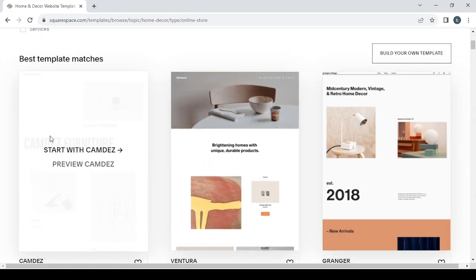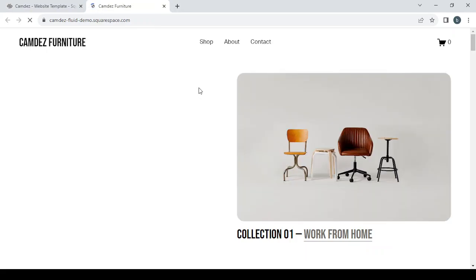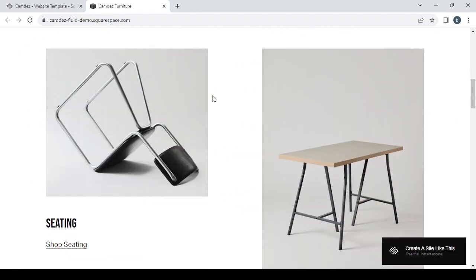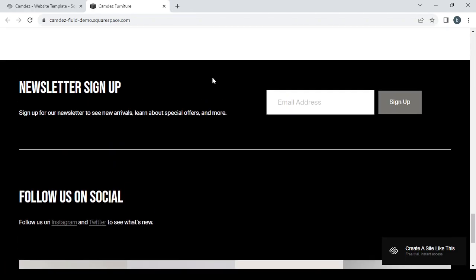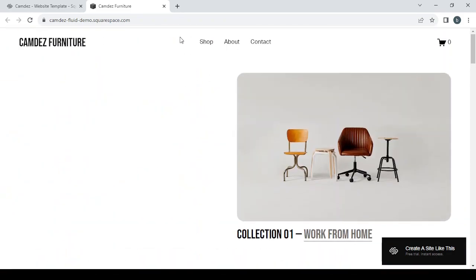I'm going to use this template. I'm just going to click on preview Candy, which is the name of the template. I'm going to see the template first, click on view demo site to see the website in full width. This is how the website looks. As you can see, we have some chairs and stuff like that. We have some furniture. We can adjust that to our liking and change some things and make this website